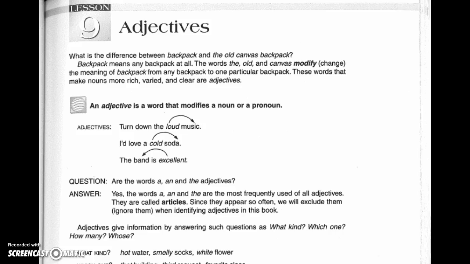Hi, this lesson 9 is all about adjectives, and some of us know that adjectives are describing words, and sometimes I'm going to use this word modifier. And there's a lot of different uses for adjectives in our written work. So this is a long lesson, and I'm going to be asking you to stay with me, maybe not complete